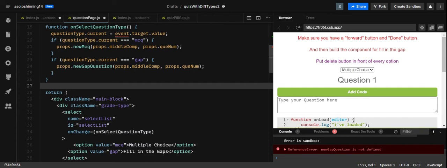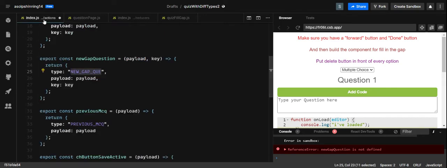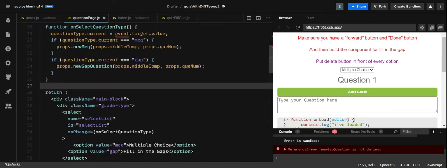And the reason I'm sending this is I'm going to use it as a key. So this is the second argument, which is a key. If I go back to the action, I realize that I put a key here, new gap question. So it must have a key. So the second argument is going to be my key because it's going to be maybe a list of components. I think that's why I'm giving it a key. Maybe I was getting some error. And the payload is whatever I'm going to be sending, which is in the first argument. I'm sending